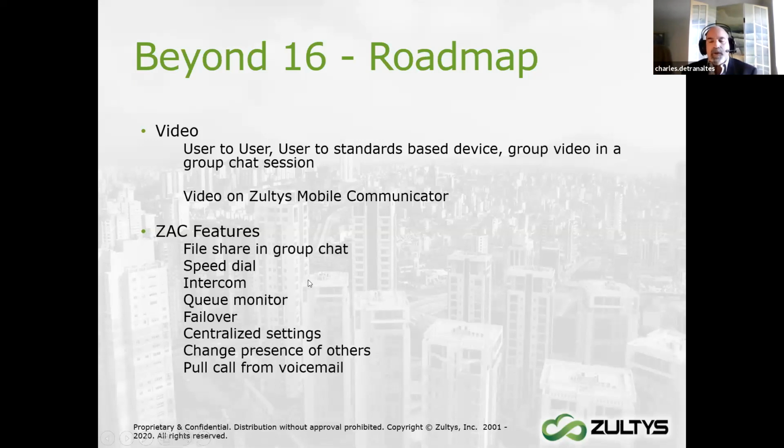I won't go through them all, but let me just make a comment. When we deliver ZAC features, there are certain ZAC features that require MX side support. We need to make a change on the MX system in order for this feature in ZAC to be supported. There are other features in ZAC that just require a ZAC change, only on the client side. So even though we're presenting this as kind of a release 17 type roadmap, you will see some of these features delivered ahead of the next major release, for the features that do not require any MX side development.